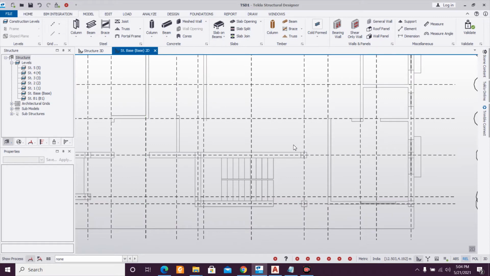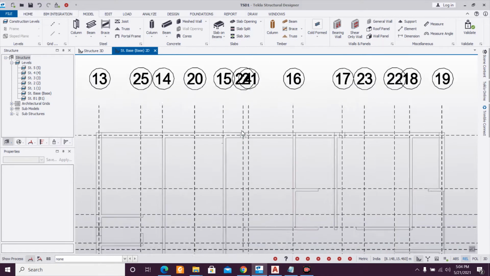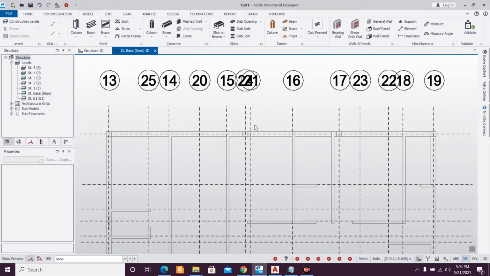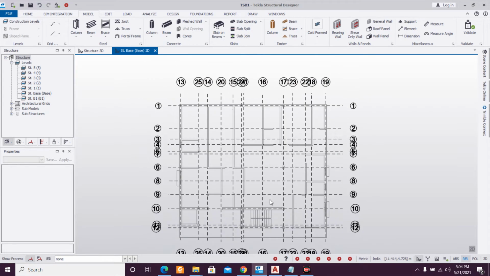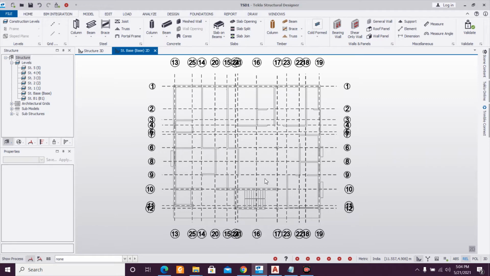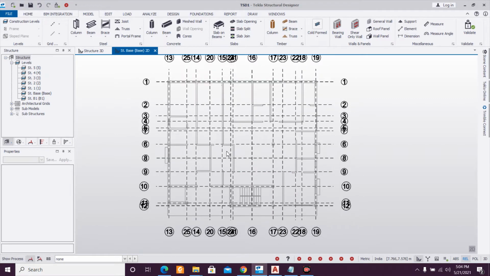We had modified, as you can see in the previous video, these columns were not there. It was very uneconomical, so I decided that we should go for some more columns to make the structure more economical. That's why we're making this structure once again. For the previous video links, I'll give them in the description. You can watch the previous videos also, and the previous video also includes how to make this beam column plan in AutoCAD, so you can go through and watch that using the links given in the description.